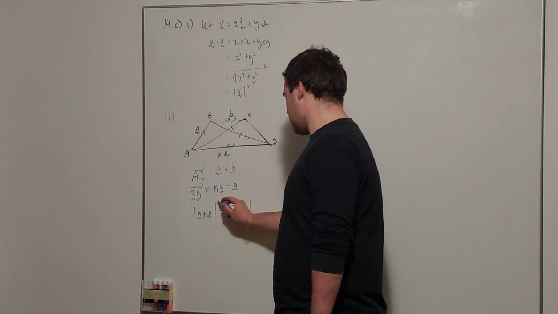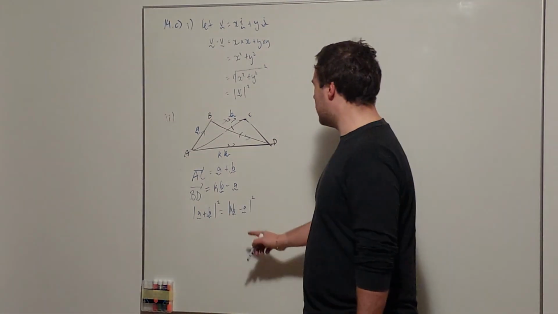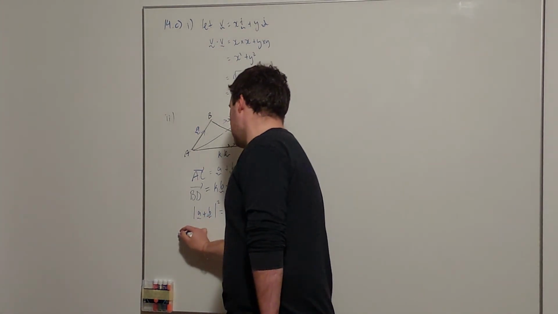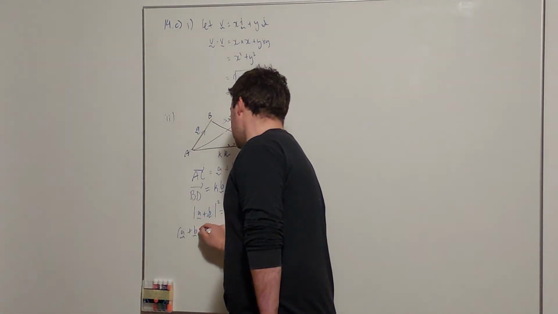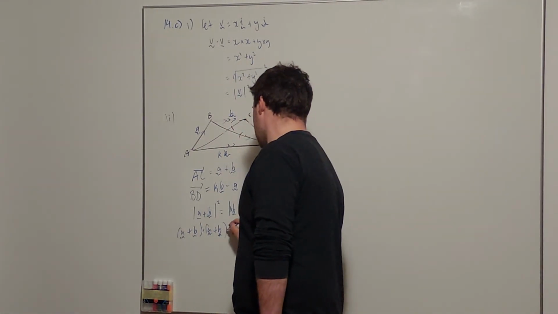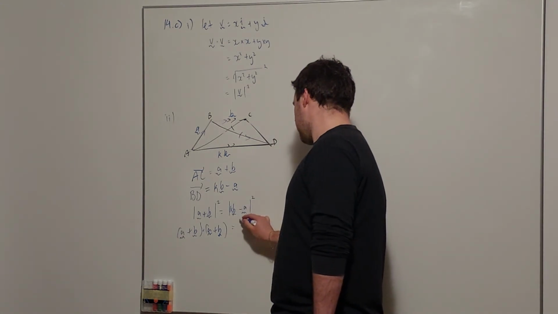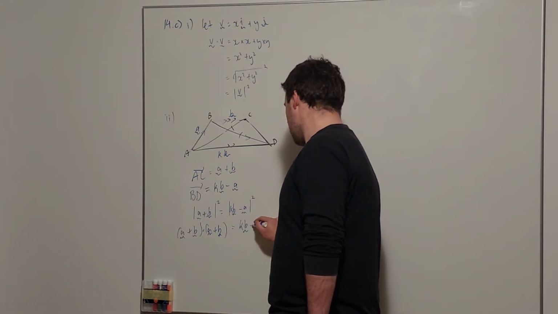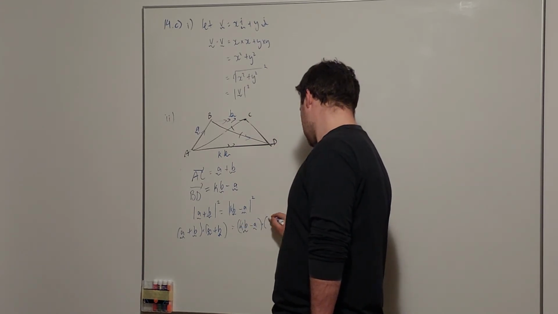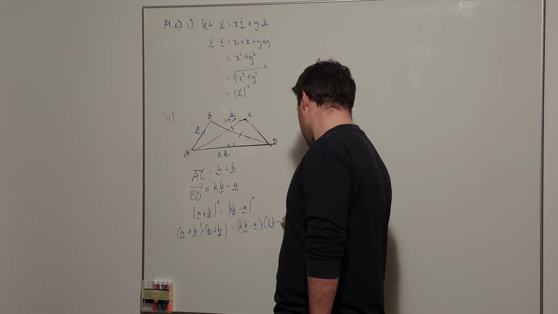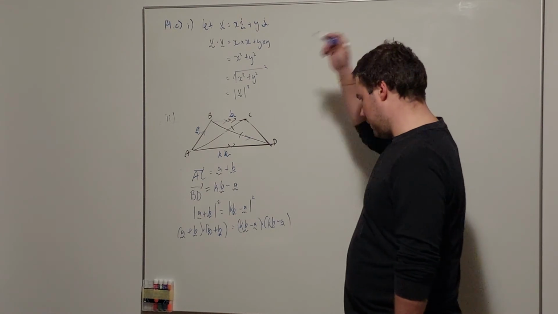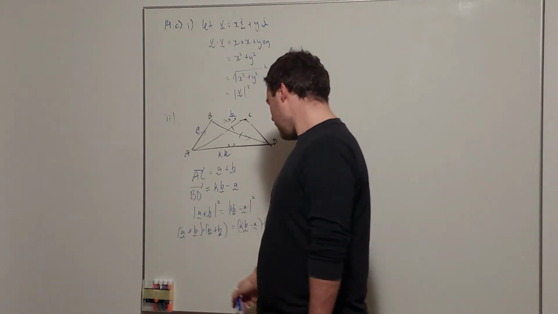Then if I square this side, I can square this side, and using this part here, we know this is the same as the dot product, so this is a plus b dot a plus b, and likewise this equals (kb minus a) dot (kb minus a). A property of vectors is we can distribute